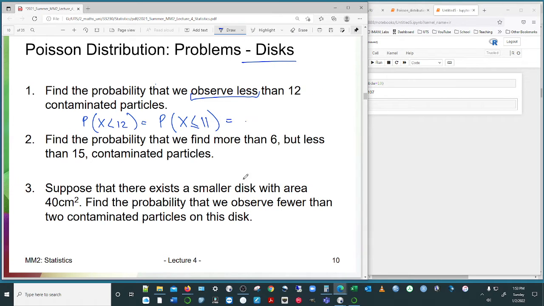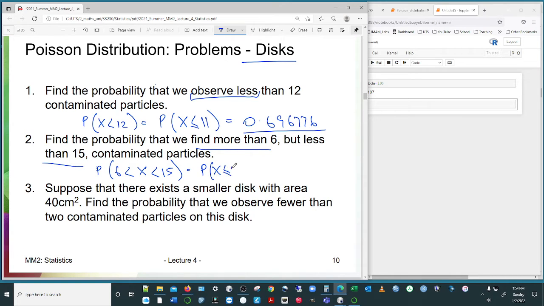So it's alright, I don't mind you seeing me being human and getting those things organised. 0.86776. I don't normally run them out during the lecture that way. I normally get them already, but today I didn't. Find the probability that we find more than 6 but less than 15. So this is an interval, and so for the interval we have to carefully construct our interval. So more than 6 but not including 6, less than 15 but not including 15. Okay, so we've got to go and grab 14.